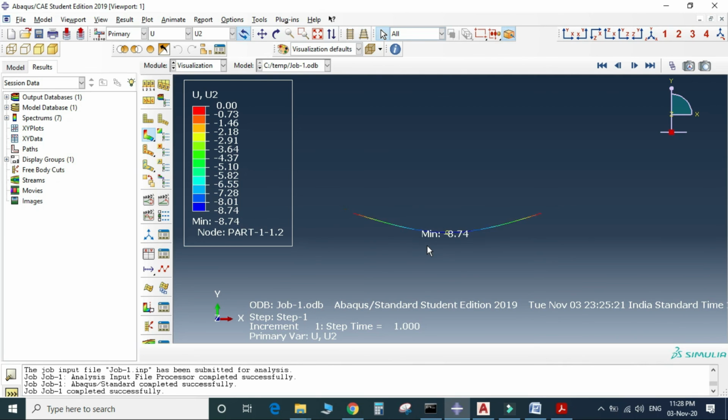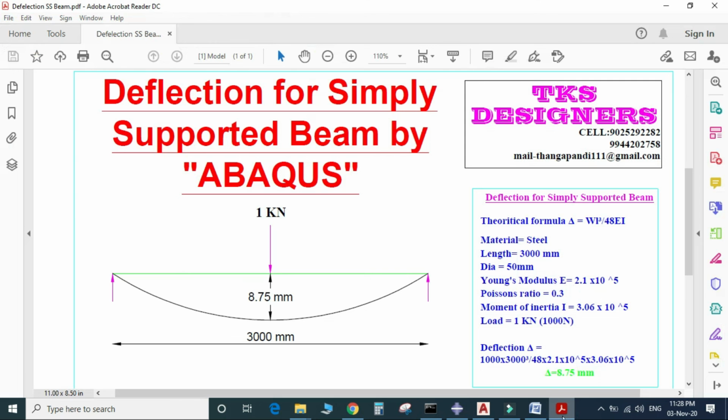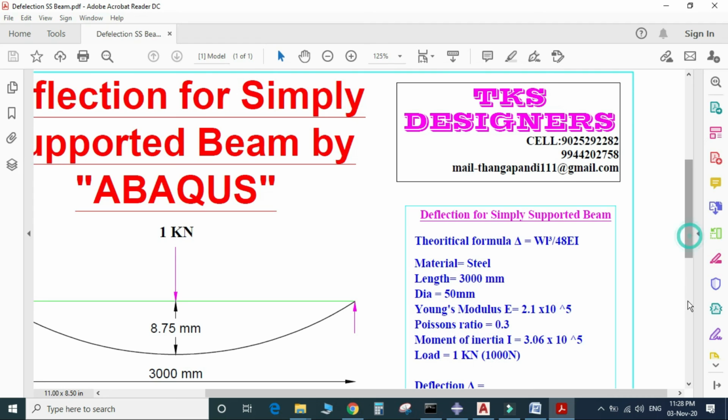Okay, so minus 8.74 mm. So already we have found the theoretical value for the simply supported beam under the central point load of 1000 Newton. We got the central deflection as 8.75 mm.